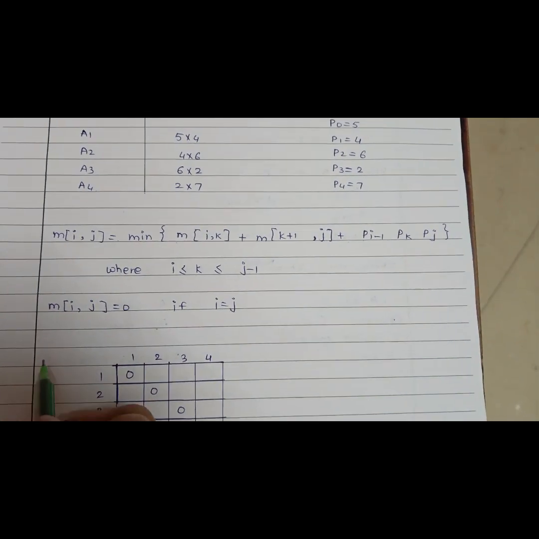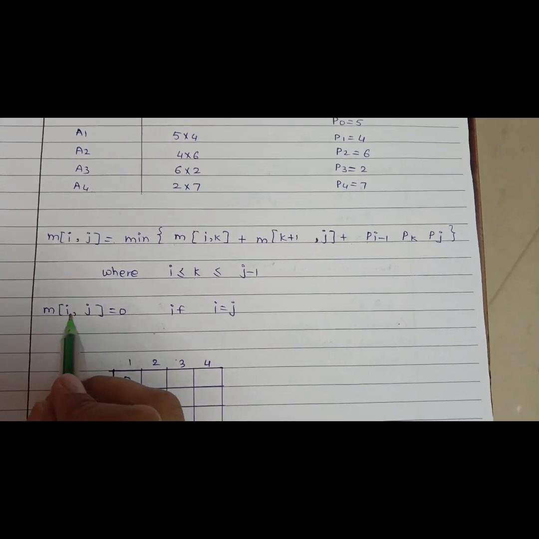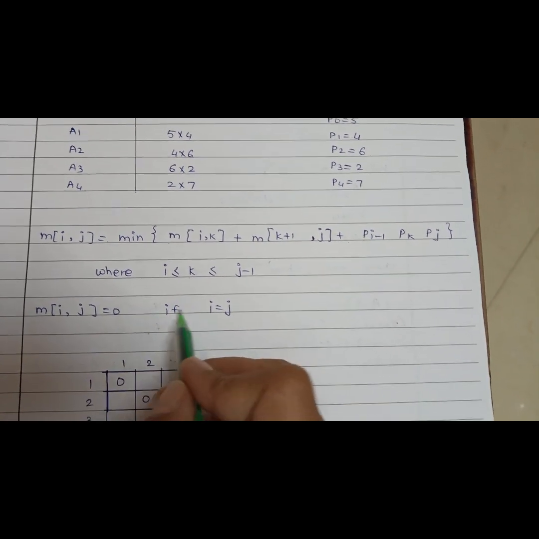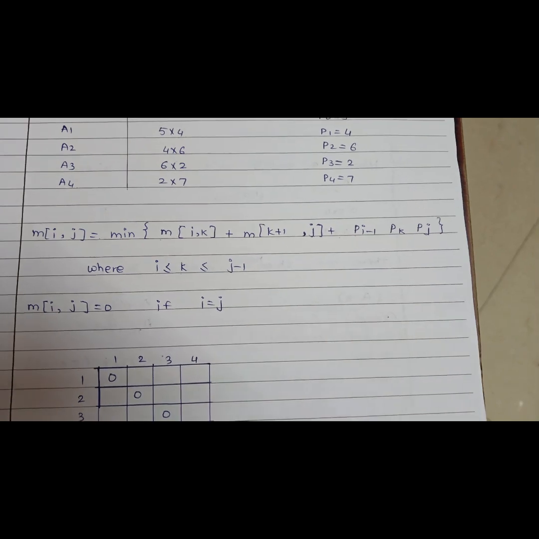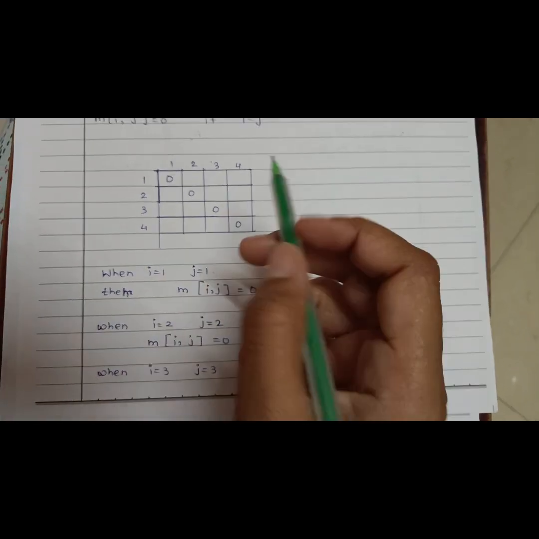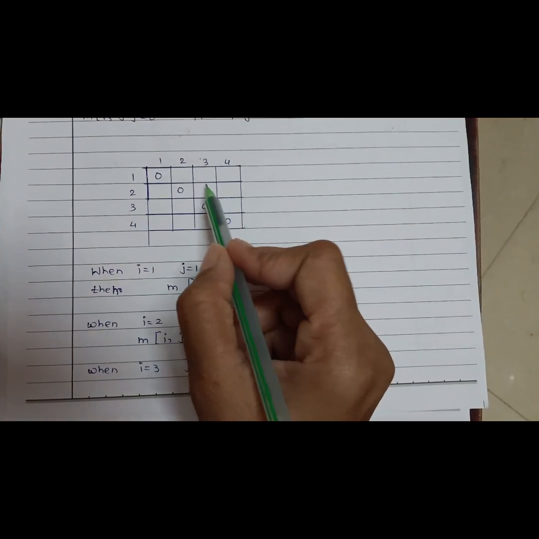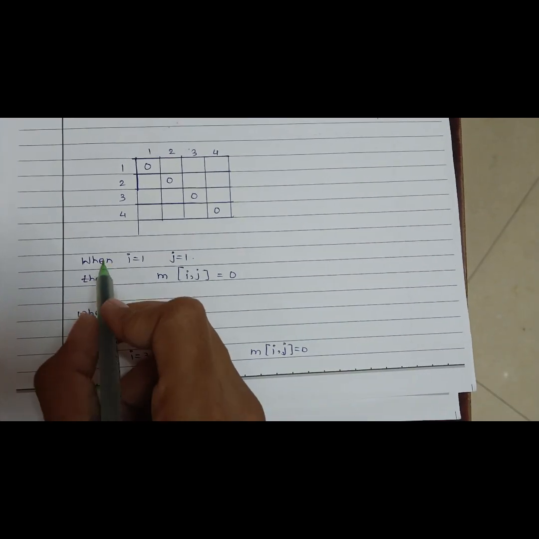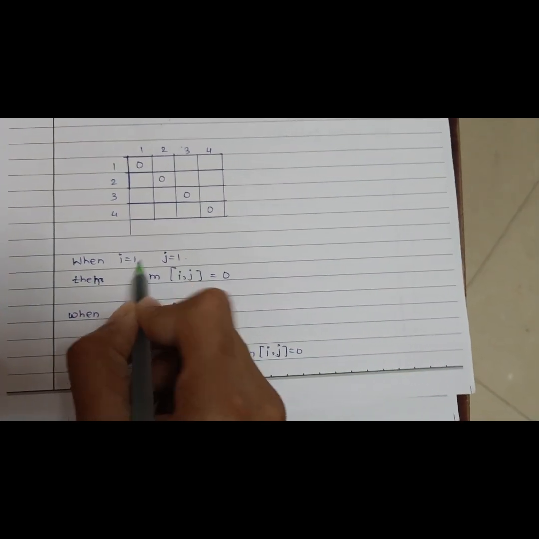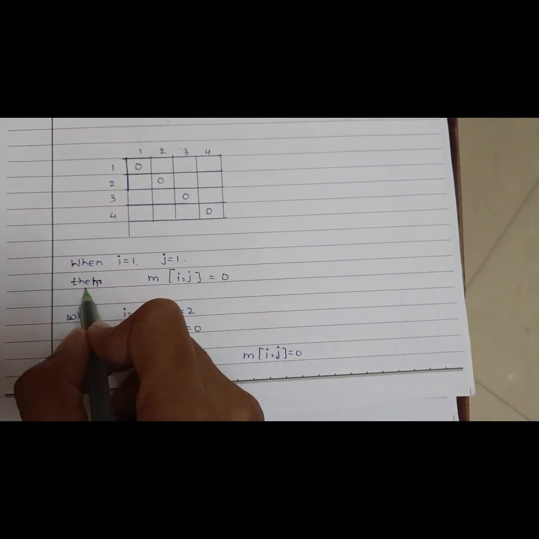And we know m of i comma j is equal to 0 if i is equal to j. For finding these values of the matrix, when i is equal to 1, j is equal to 1,